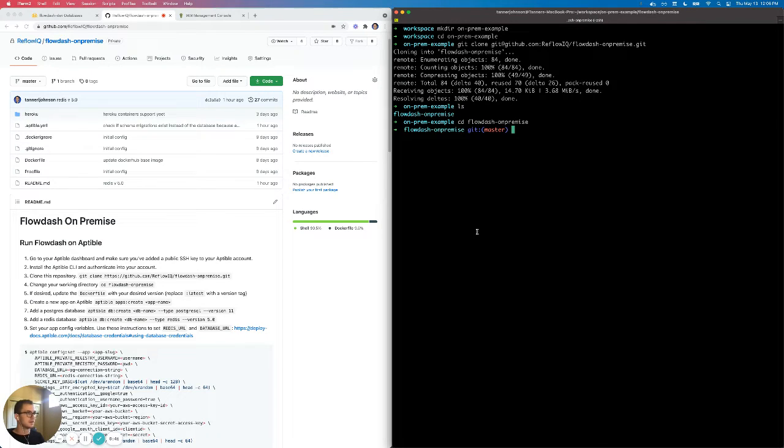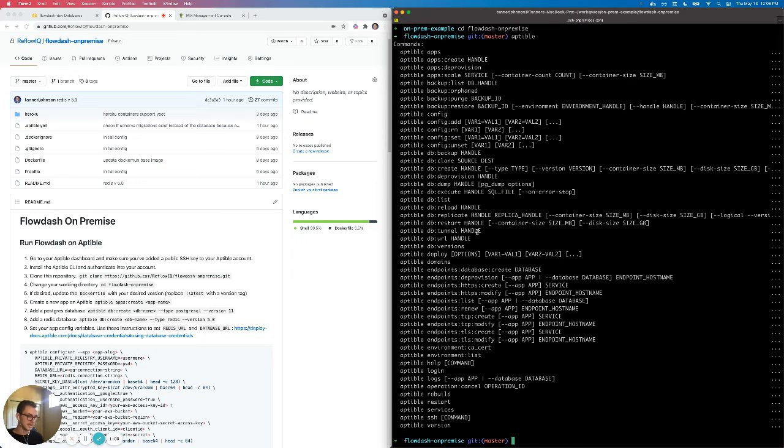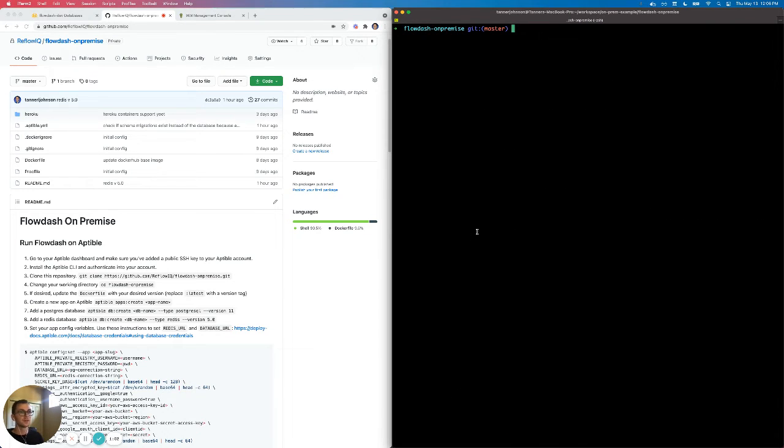Let's CD into there. And this recording expects that you've already configured the Aptable CLI and added an SSH key to your account, connecting your machine to your account. So once you've done that, you should be able to run Aptable from your terminal and get some output. Okay, so